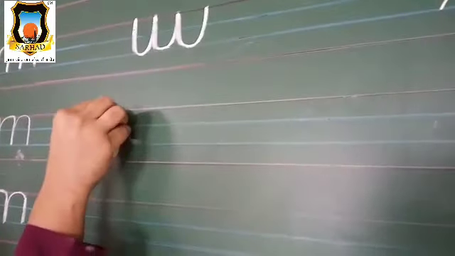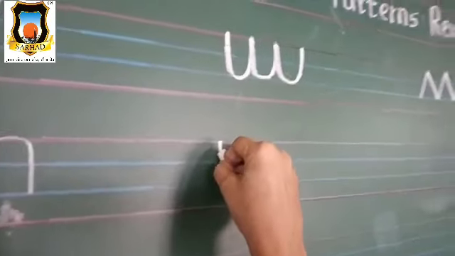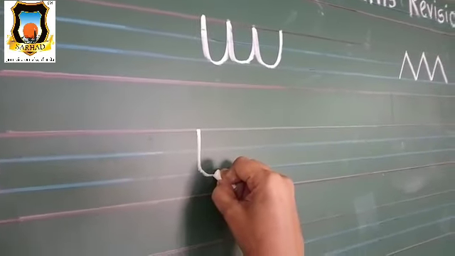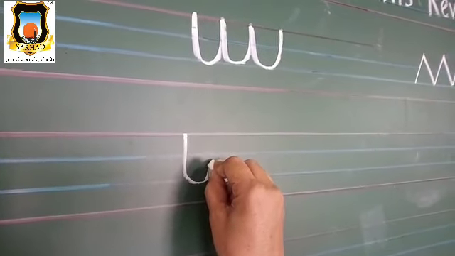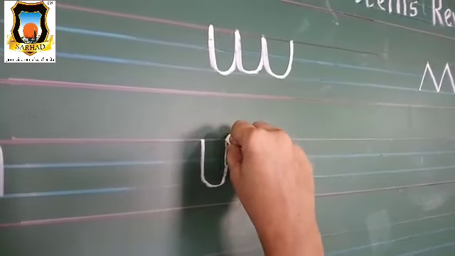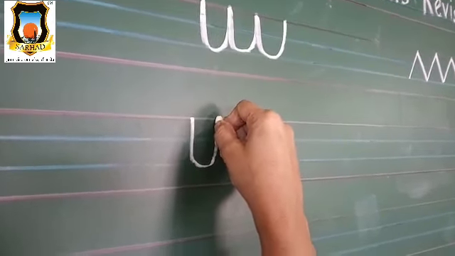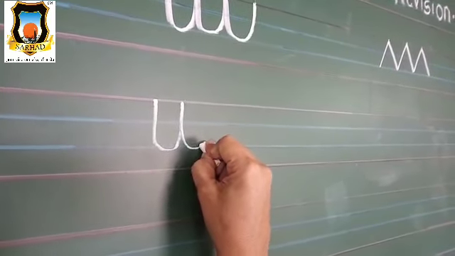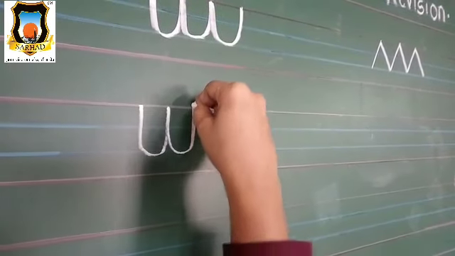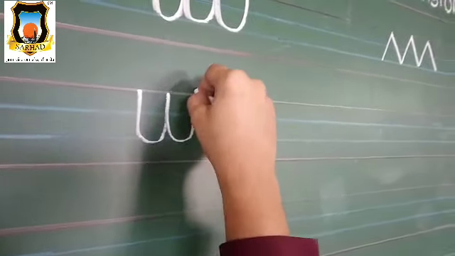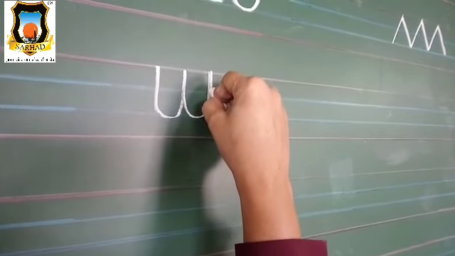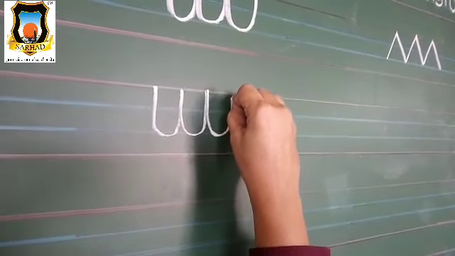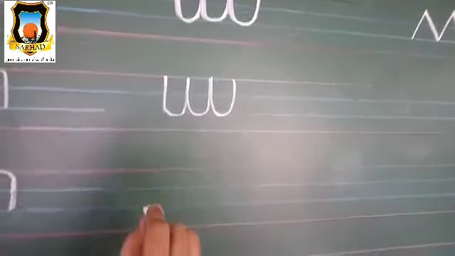Okay. Put your pencil on the red line. Go down. Draw a bump like this. You have to touch this bump on the blue line, second blue line. Again go straight. Touch on the red line again. Go on the same line again. Draw a bump. Again go up, straight standing line. Touch on the red line. Again go down on the same line and draw a bump like this and touch on the red line. This is a bumpety line.